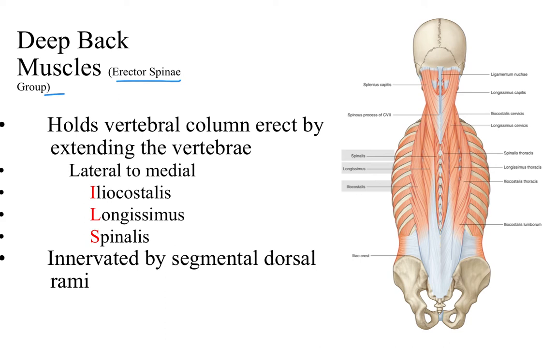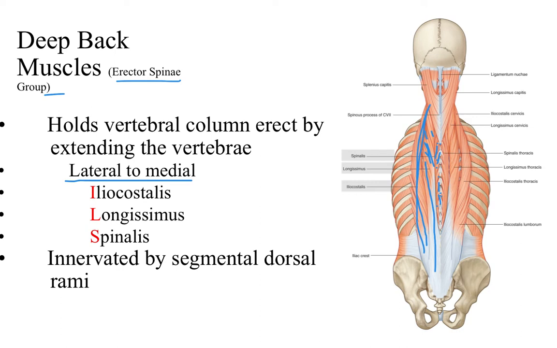And so they are a group of muscles. There are three of them that we need to know, and we're going to go from lateral to medial. We have the iliocostalis right here, the longissimus, which is this muscle right here, and notice the fibers going in a lateral direction here, and the spinalis, which is this set of muscles right here that are directly attached to the spinous processes of